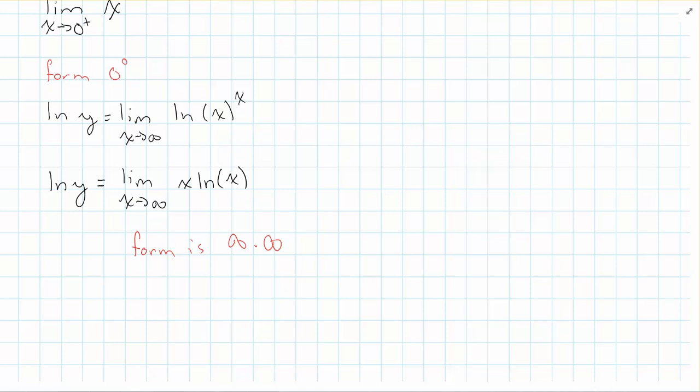Let me just make sure I haven't made something silly here. Ah, I know what that is. I did do something silly. You probably all caught it already. It's not going to infinity, it's going to 0 plus. The reason infinity times infinity was confusing me is that that's not an indeterminate form. If two things are going to infinity and they're multiplying, you're just going to infinity. So this is actually